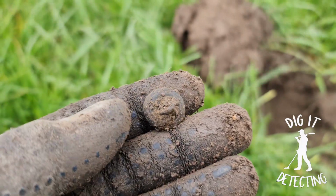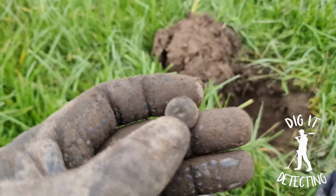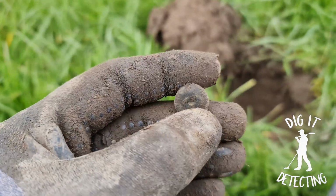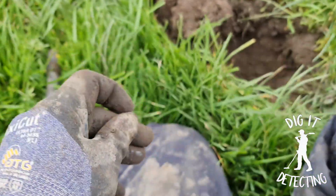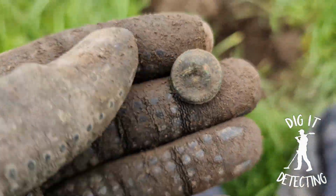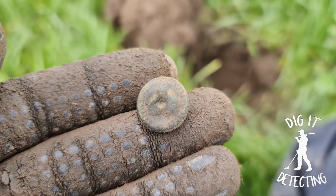I found another one. Sorry about that, guys, the bloody camera cut out. I don't know what happened, I think my big thumb got in the way. Anyway, what I was going to say is the military forces button that we did find here in the past, we showed the landowner, and I said to him,